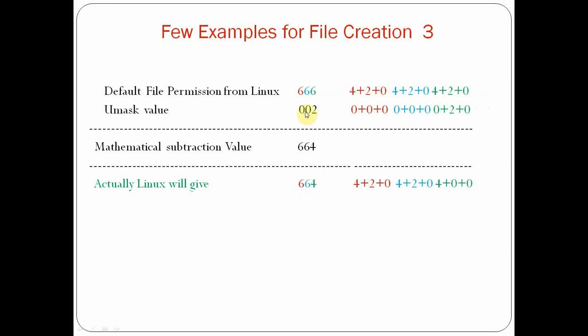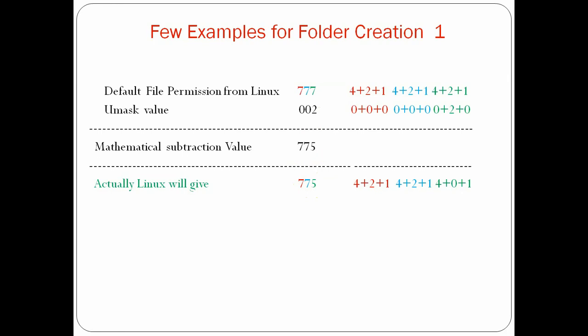Most of the people have a misconception about umask. In this example, you got a mathematical subtraction value, similar to after applying the mask. Based on this, even some of the books mention that the umask value will be subtracted. It's not subtracting, it is applying masking on the default permission string. That is the key point to understand. In case of folders, you can apply subtraction logic or masking logic, whatever it might be, because Linux is ready to give you 777 read, write, execute permission for user, group, others.